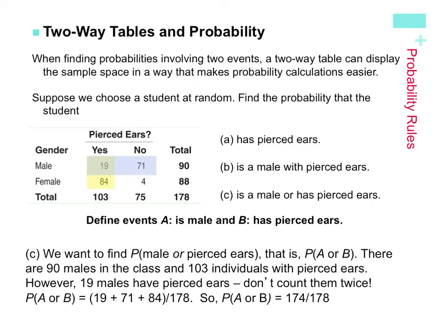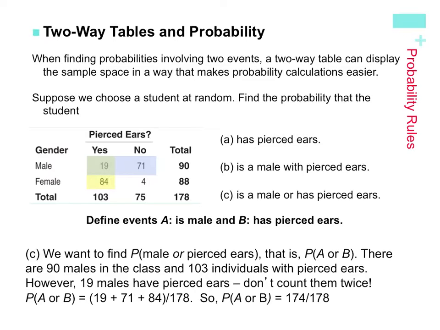And then C is a male or has pierced ears. Now we would see a little bit of an overlap. There are 90 males in the class. There are 103 individuals with pierced ears. However, 19 are males with pierced ears. That means if you include them both in the 90 and in the 103 individuals, you're going to end up